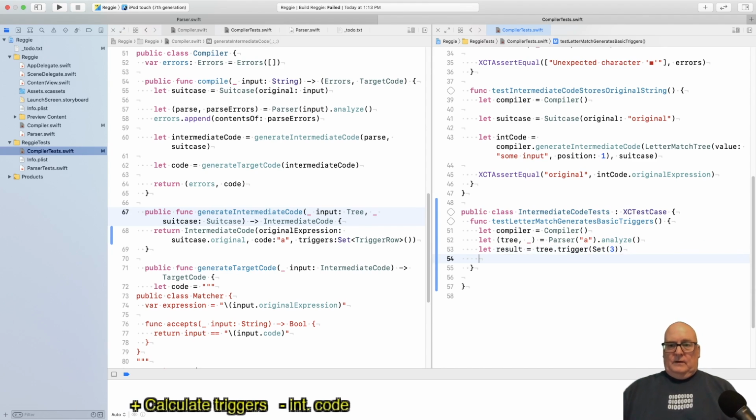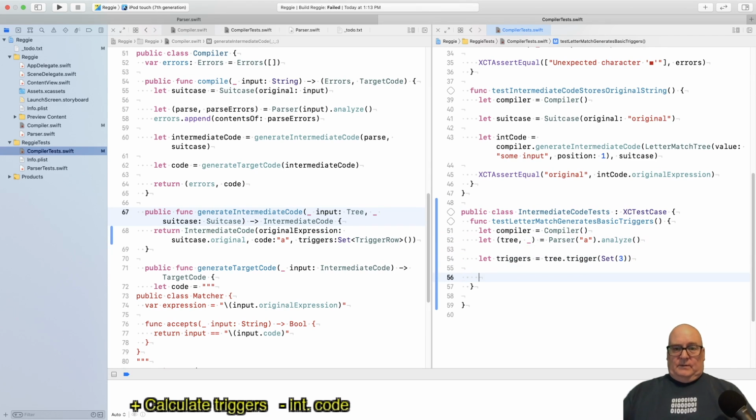Okay, and then this is really triggers. I guess I can call it that. So a little setup: arrange, act, assert, right? So we create a compiler, we parse a string, and we